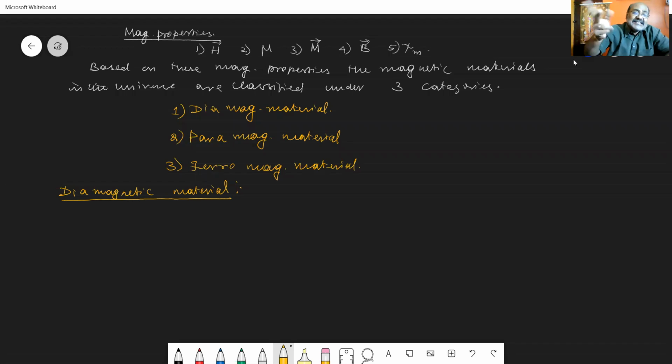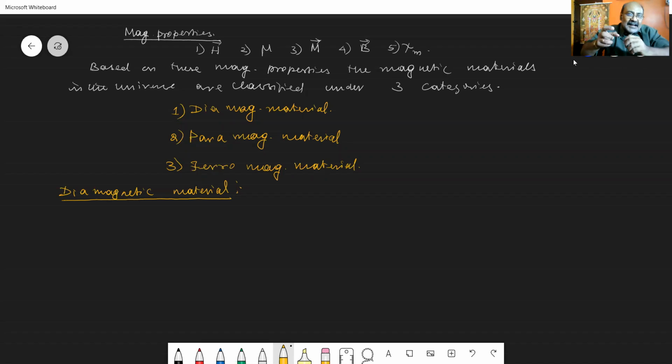Due to the change in velocity of the electrons in that atom or in that orbit, the electrons will give rise to a net magnetic moment, which is in a direction opposite to that of the applied magnetic field, because of which the diamagnetic material inside that magnetic field will try to move from the stronger part of the magnetic field to the weaker part, because of the interaction between the